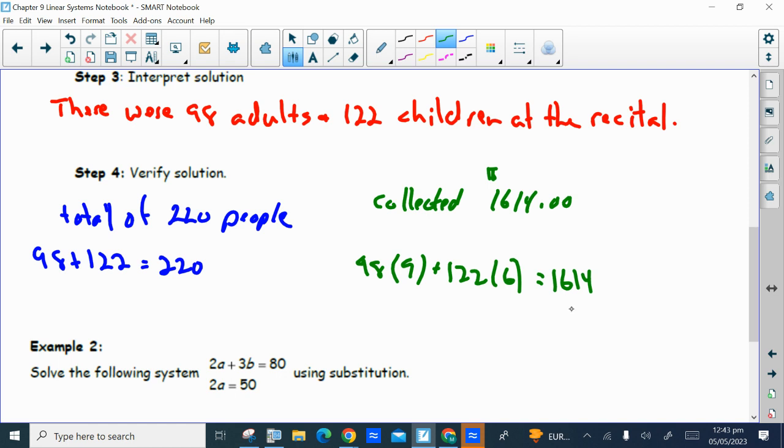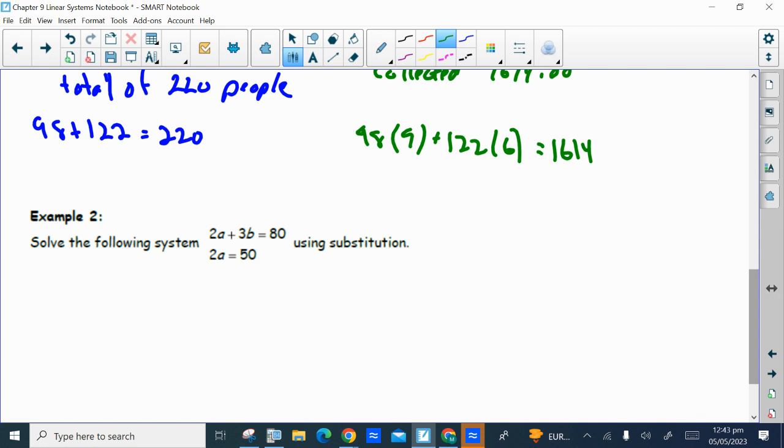All right. So example 2, solve using substitution. So remember, you need to look at the two equations and isolate one of the variables in one of the equations. And in this case, that second equation is really easy to work with. We can get a by itself by dividing both sides by 2. So not only do we get a by itself, but in this case, we actually get our answer for a. Because that second equation has only one variable in it, when you get a by itself, we've already got one of our answers. So to find out what b is, we'll have to use the other equation